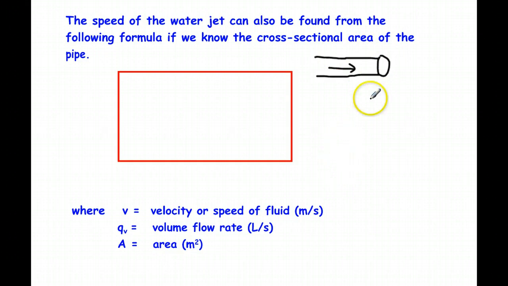So this is a way of doing it if we know it's a circular pipe and we want to know the area of that end. That's what they're looking at. And so if we have that information,